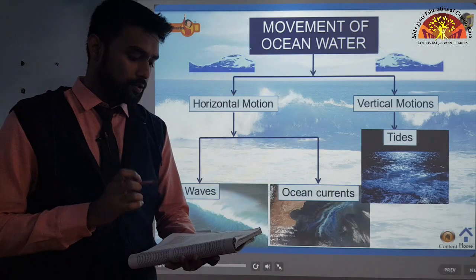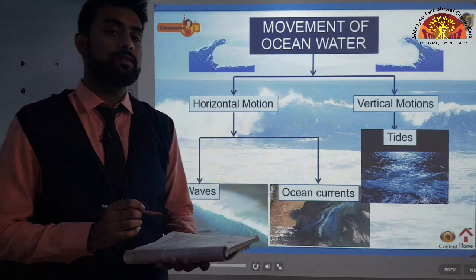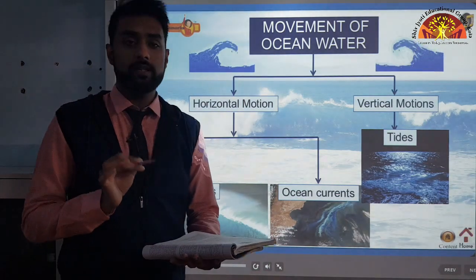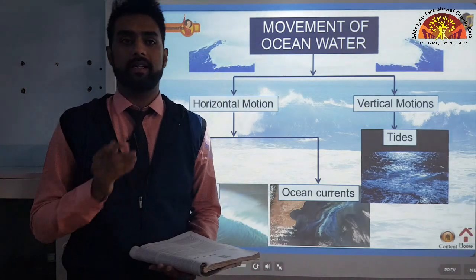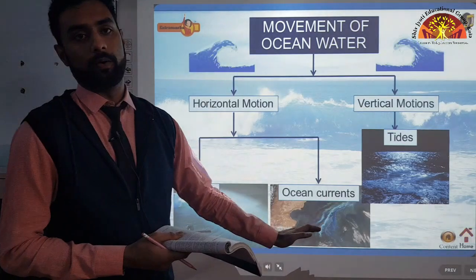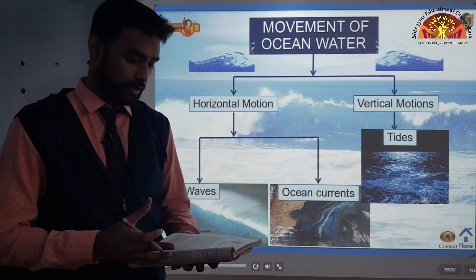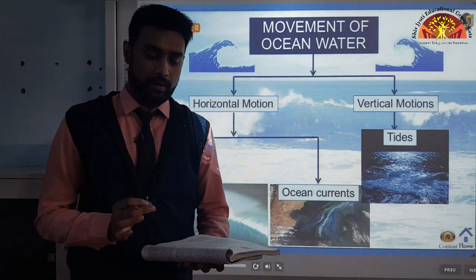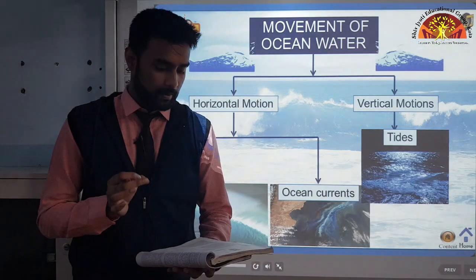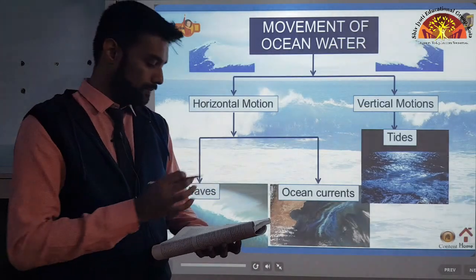Ocean currents are the continuous flow of huge amount of water in a definite direction, while the waves are the horizontal motion of water. Underline this part, that the ocean currents are the continuous flow of huge amounts of water in a definite direction. That means the direction of the ocean currents are same. Okay, they don't change. While the waves are the horizontal motion of water, water moves ahead from one place to another through ocean currents, while the water in the waves does not move, but the wave trains move ahead. What does this mean? We will understand with the help of a diagram in a minute.